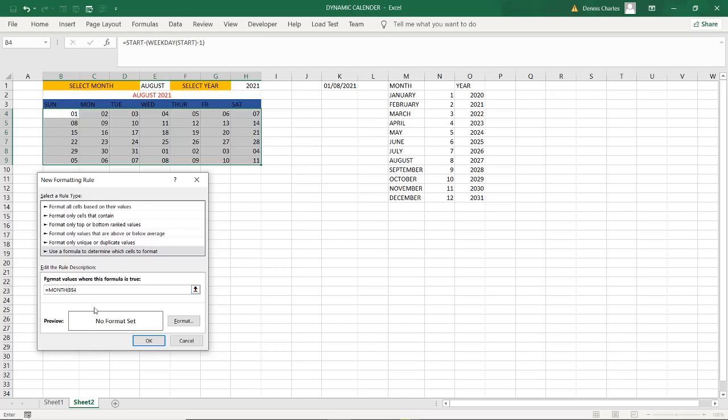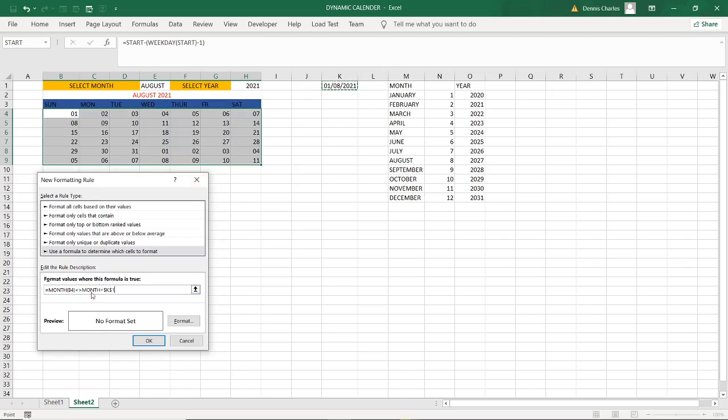You can cross out the absolute referencing, then you need the condition: when it is not equal to the month of that.